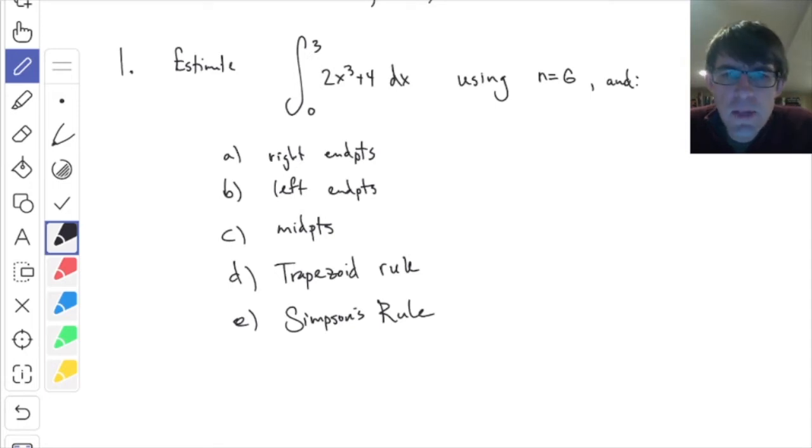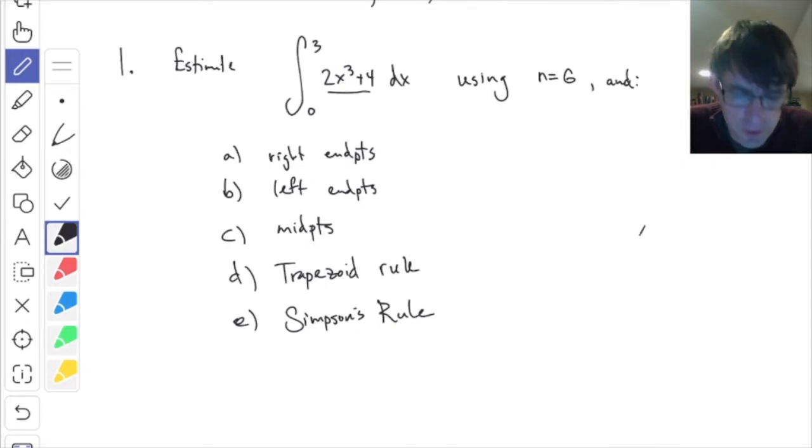A, B, C, D, E. They all have very similar setup, but you just use slightly different formulas each time, and they give you different answers. They are all approximations of the area under the curve of this function, whatever that is. Now, that's a strange-looking function, I suppose, but you don't have to worry about what the function looks like. What you should worry about is